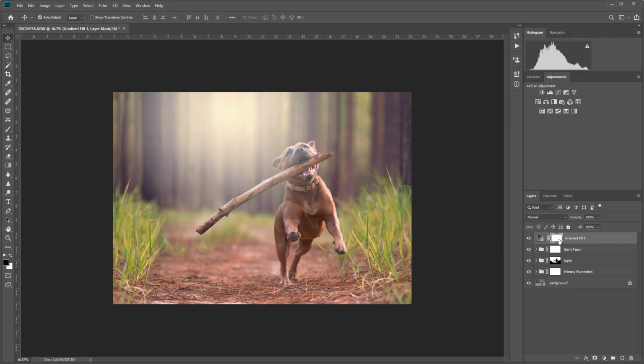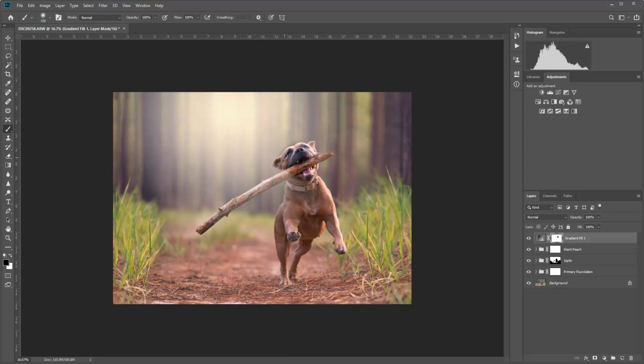So we're going to come into the gradient, into the mask. And the way that you know that you've got your mask selected is you've got those little squares around it. See? Because if you were on here, you'd be trying to paint on it, it won't work. But on here, we want to paint on that. So I'm coming into black. So remember, white means that it's revealed, and black means that you're hiding it. So kind of come in and just